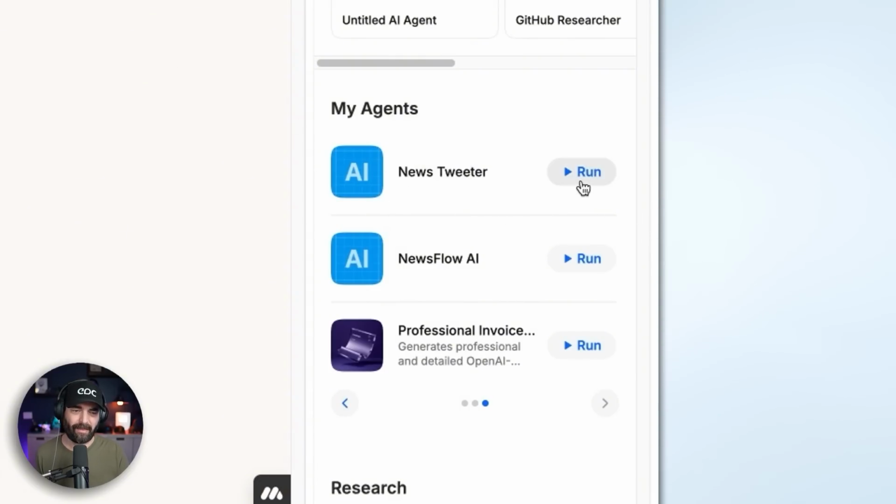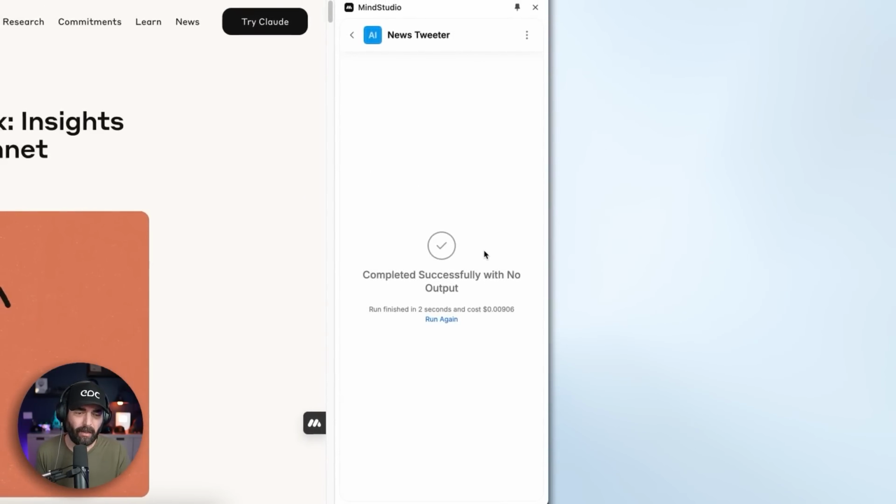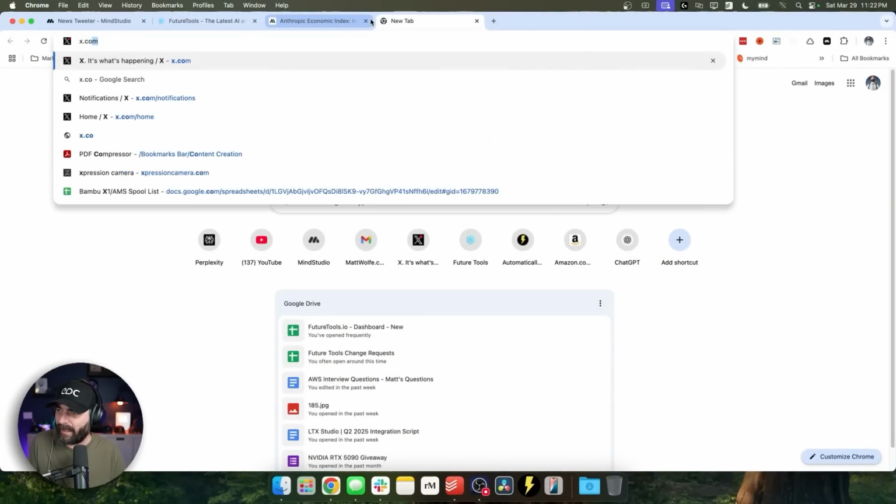So if I click this, theoretically, it should read everything on this page and write and publish a tweet for us. So let's go ahead and click run. It's doing its thing here. And within seconds, it supposedly did it. So let's head over to